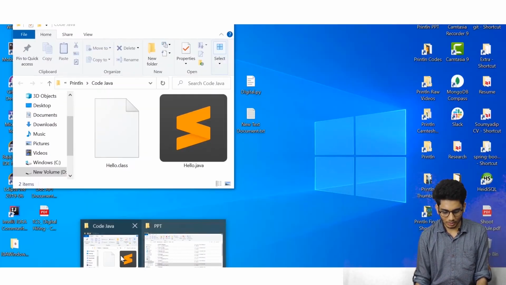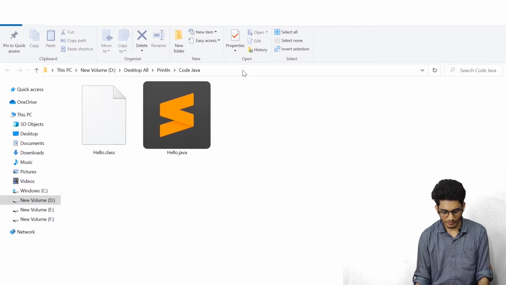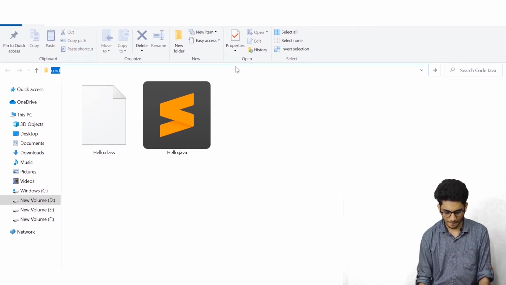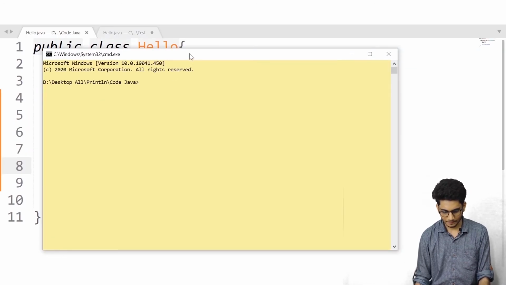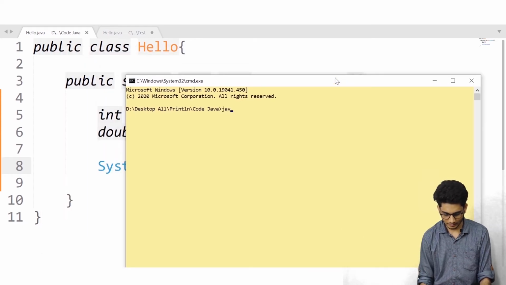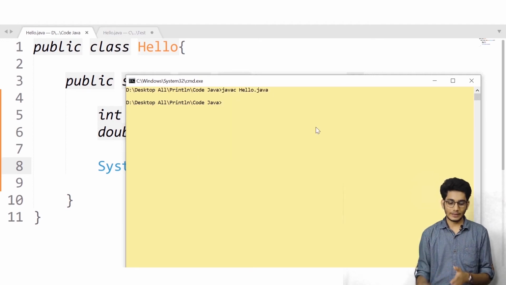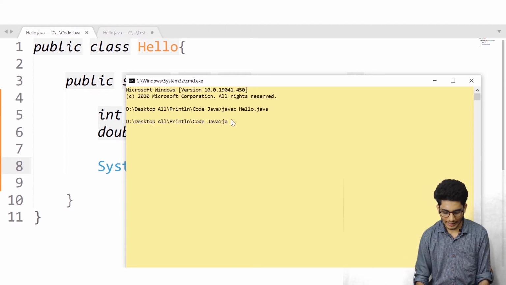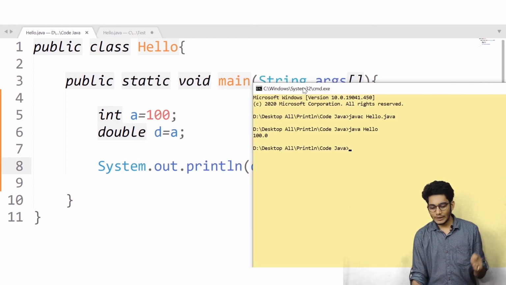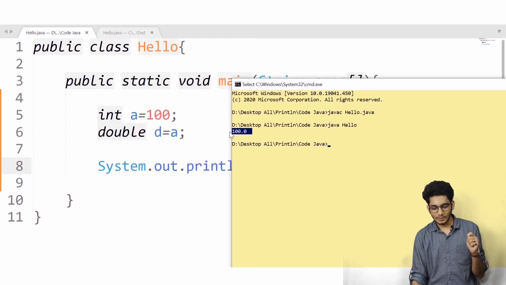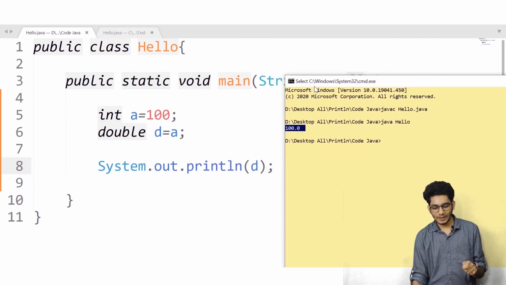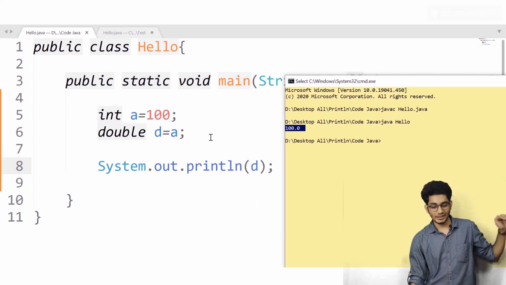Let me compile this code. javac hello.java. See, we have compiled our code properly. Now we'll run it. java hello. See, we have converted our int into double. We are printing d, which is a double, and we have converted our int into double.